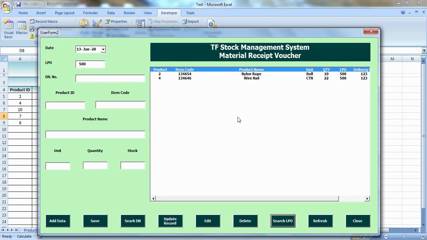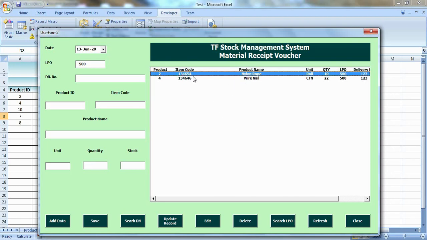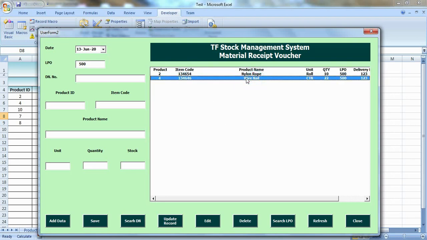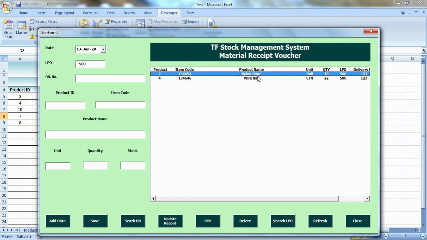Obviously we cannot update it unless, when we select any row, it is displayed here in text boxes. Only then we can update, otherwise there is no other way. So for that we have to add the coding that when we double click any row, all the values of this row should be displayed in these text boxes.